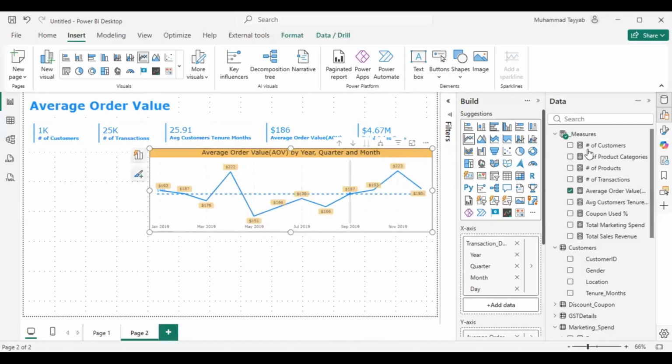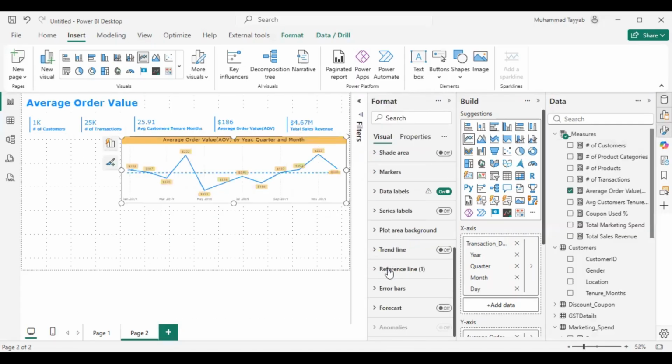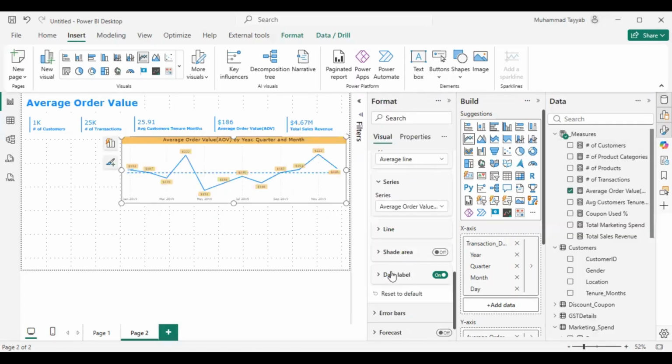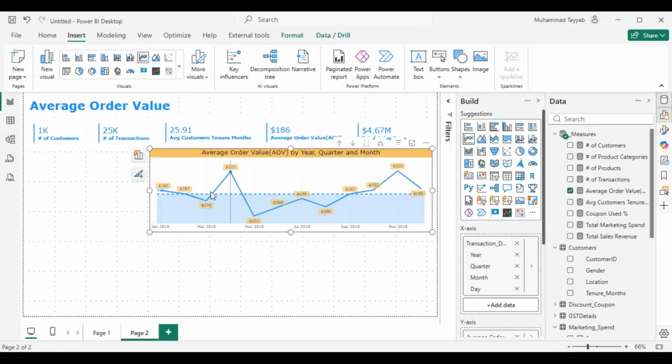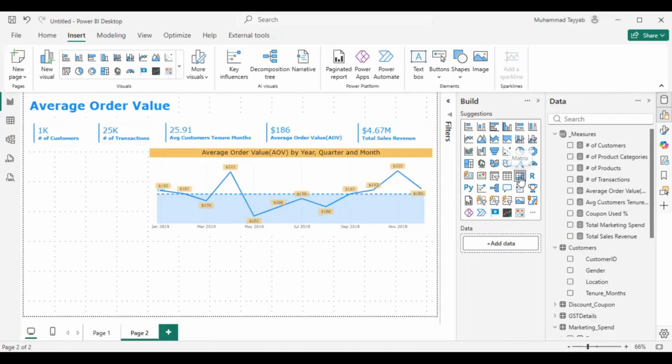And I can also add a bit of shaded area at the bottom. I can increase the transparency to, let's say, 80. Yeah, this makes more sense. So we have these peaks where we are seeing the average order value is increasing, and very quickly we